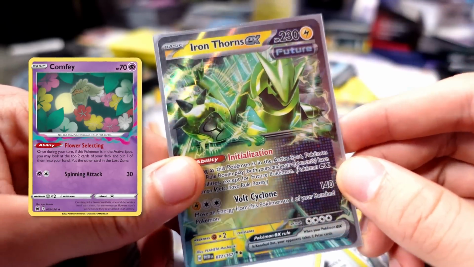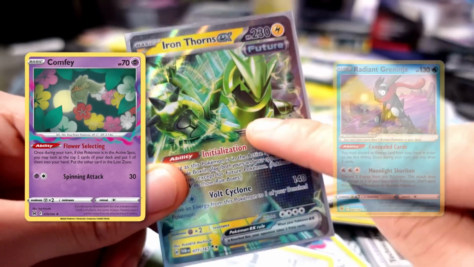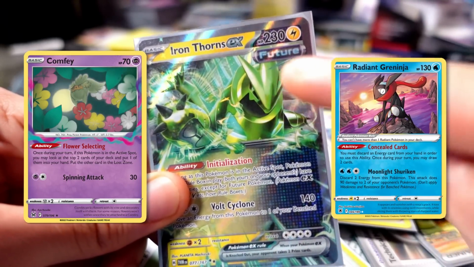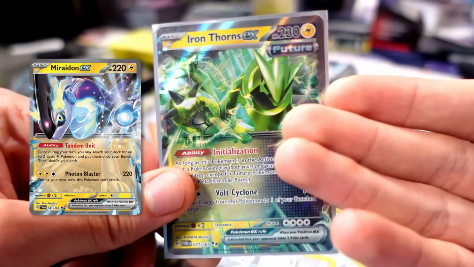Lost Box is a sketchier matchup at times. You do, however, get to turn off Radiant Greninja. You do get to turn off Blood Moon or Soluna as well. Pikachu EX is scary because they're able to one-shot you. Miraidon EX,